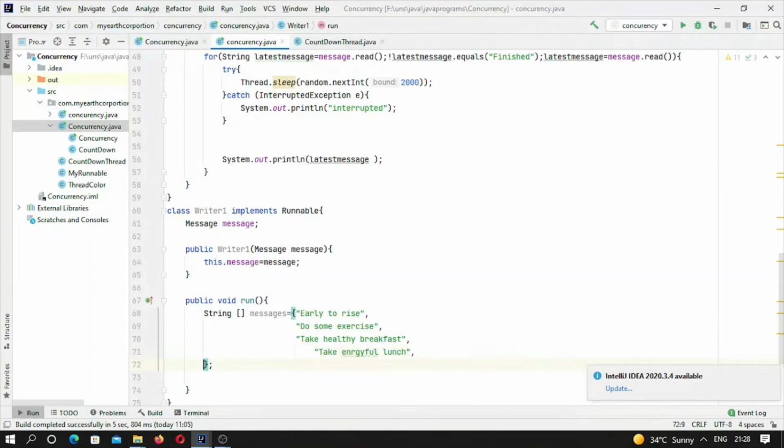Okay, and what do you do after taking lunch? Drink sufficient water, and at last again you have to go to sleep early, or you may say timely, and take sound sleep. Okay, so these are the few steps,